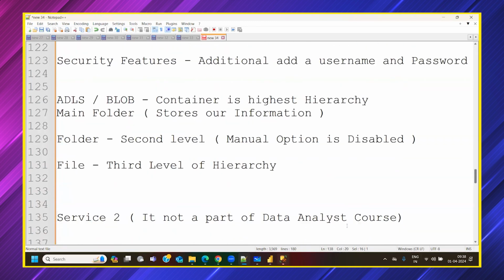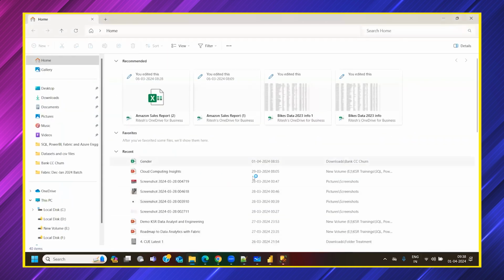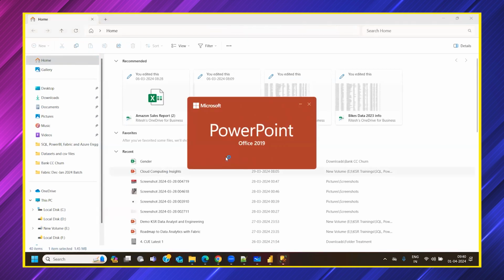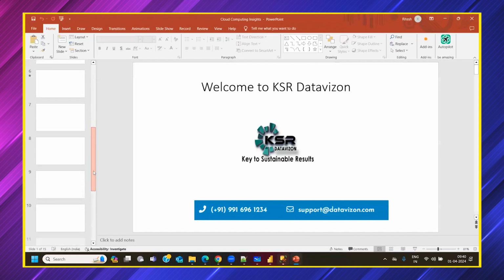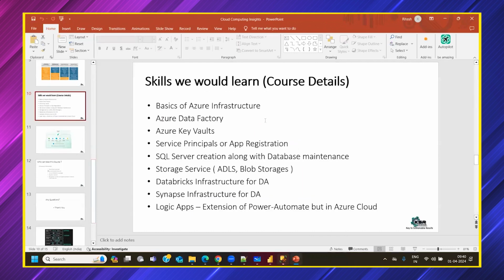If I go down, if I go above, let me open. Just a moment. If I show the syllabus also, see, I only wanted to give you an idea how Analysis Service works and how a live connection works. That was our primary aim. Now, if you see here, nowhere is there a mention of Analysis Service. And still,